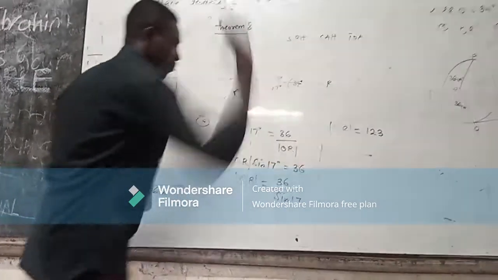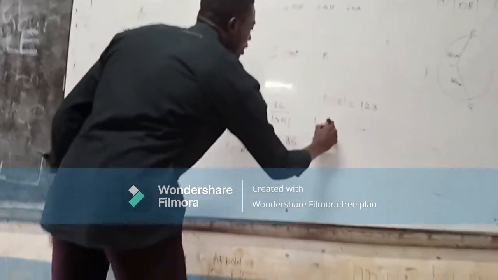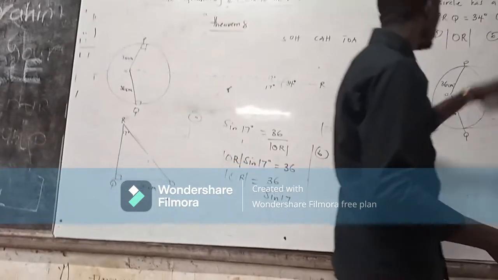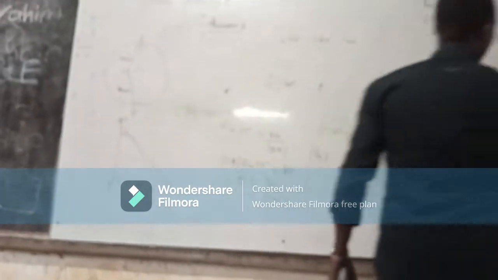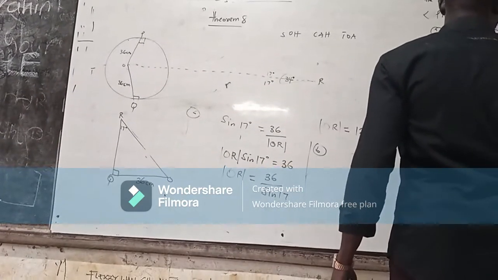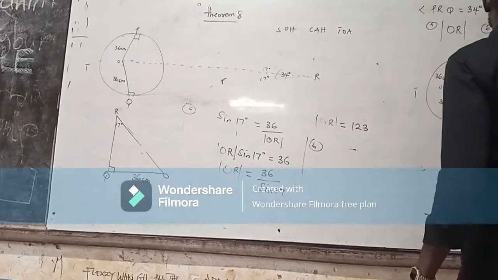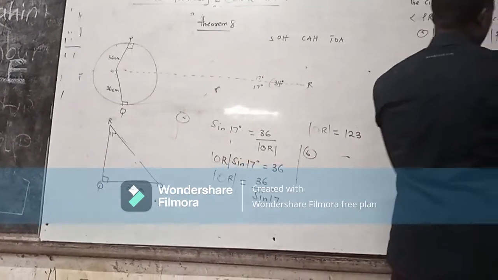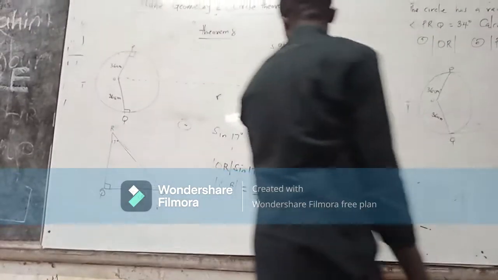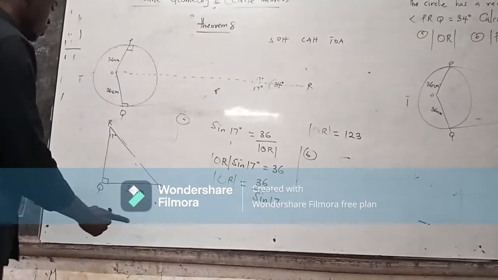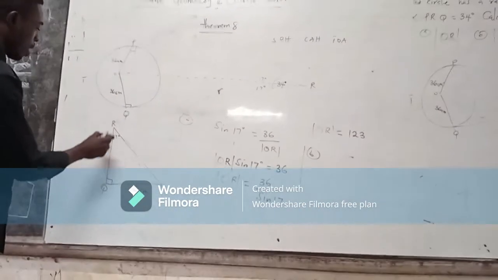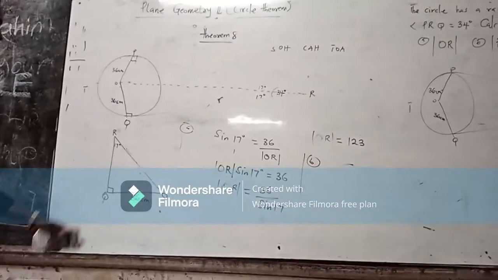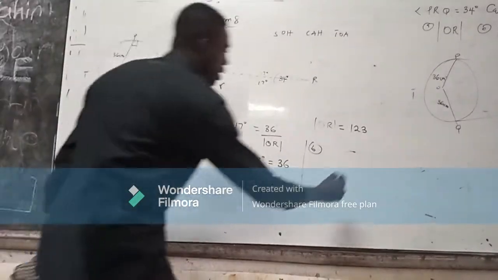Let's work the B. So the B part is asking us to find PR. So PR is this, and QR. It means that when you find QR, we said that they are all the same. So when you find where you get this one. So we can find here QR. So by what we got, by using the Pythagoras theorem, and Pythagoras theorem is saying that